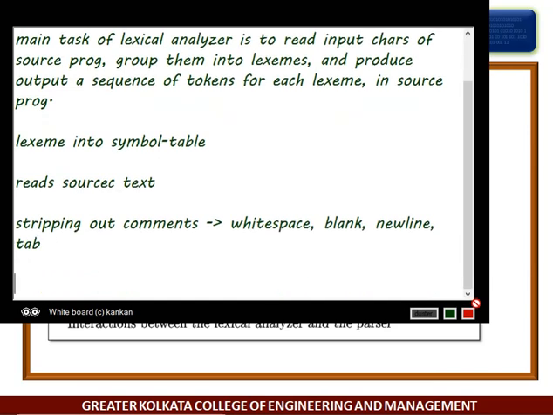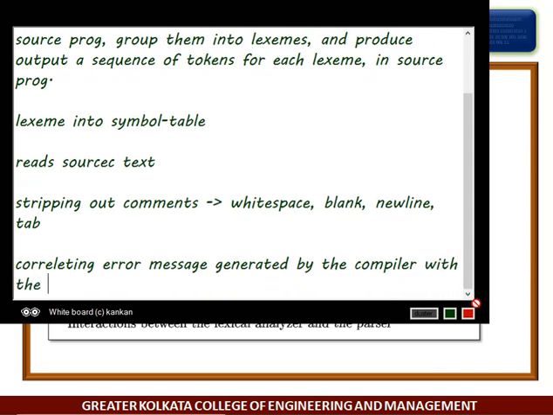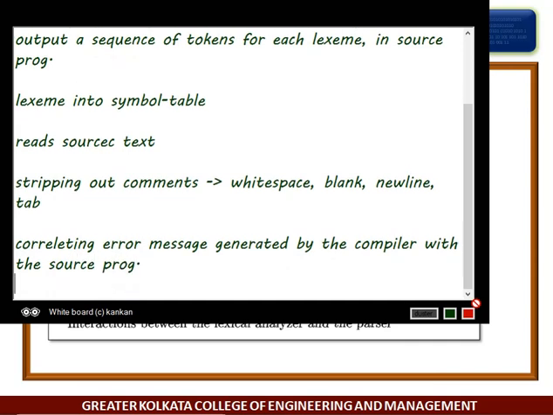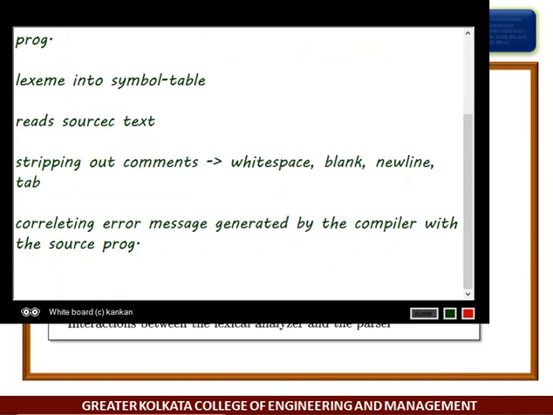The error messages, by the compiler, with the source program.